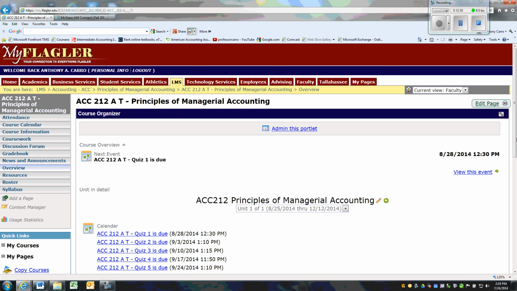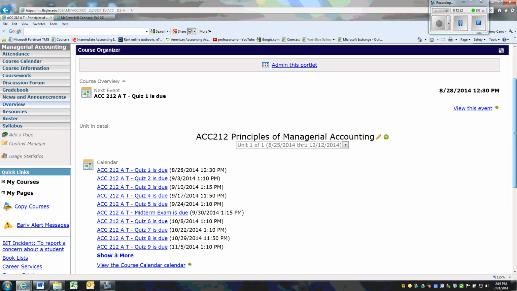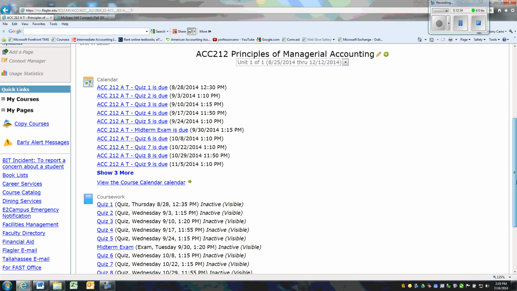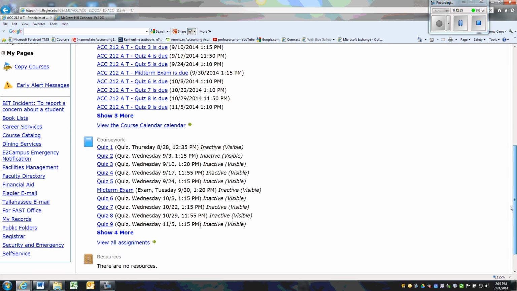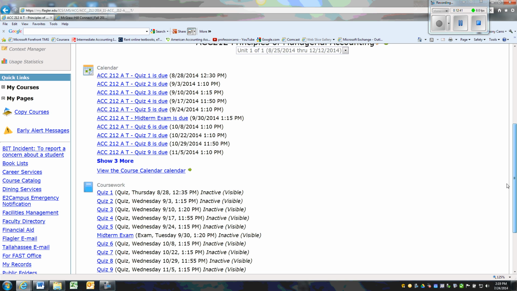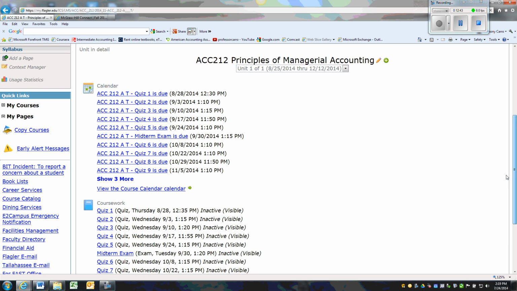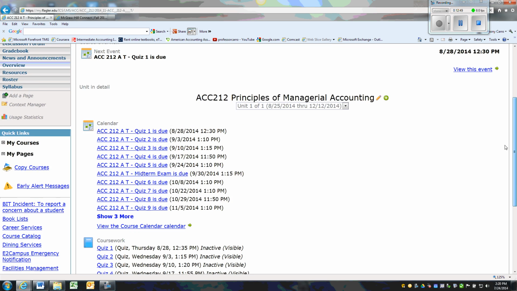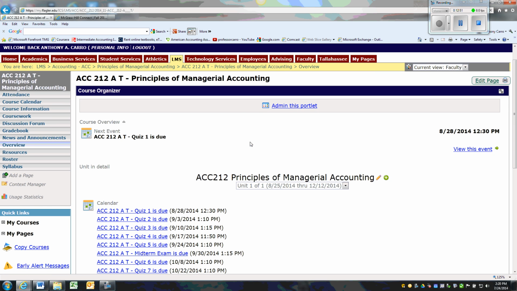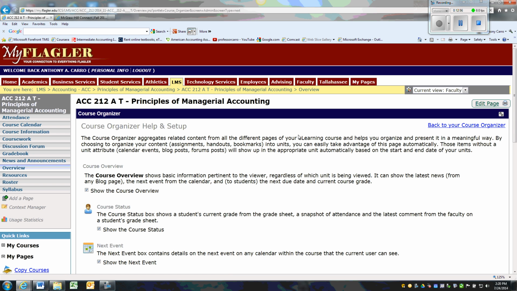By entering all our coursework prior to the beginning of the term, you will then see that all of that is displayed on the home page of the course, so students at a glance can see what's coming up. They can time manage. If I did not want this redundancy between the coursework and the calendar, and if the coursework is going to be the bulk of my calendar, I might click on this admin